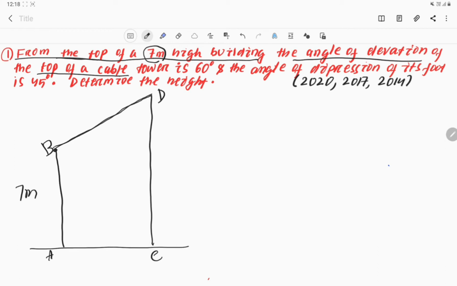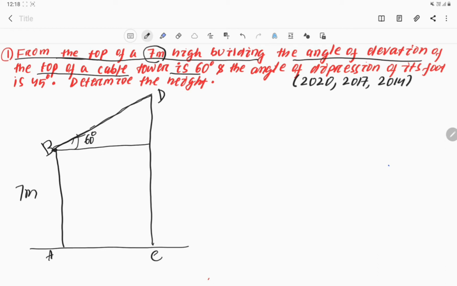It is given. The angle of elevation is how much? It is 60 degrees. Then how to make the angle 60? So as we made the angle of elevation from point B, let's make a horizontal line. It will give the measurement of the angle that is given, your 60 degrees. Okay, now